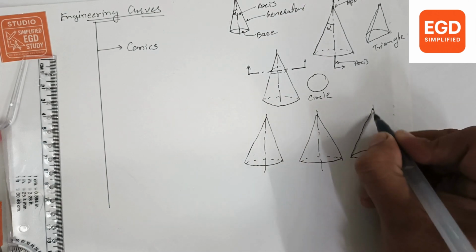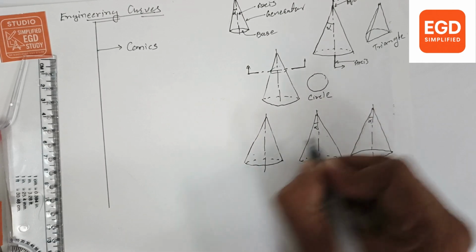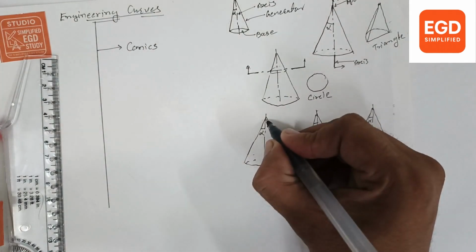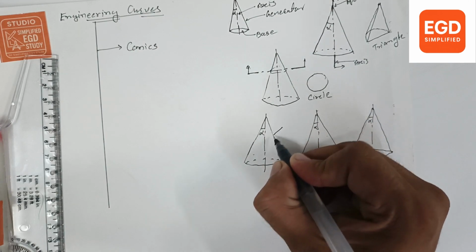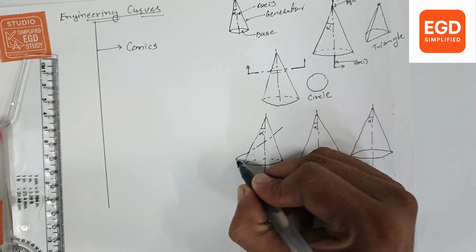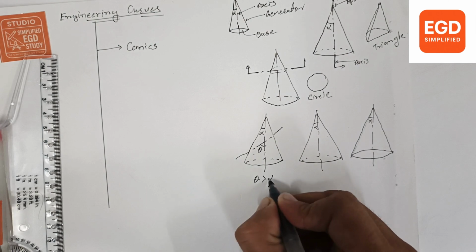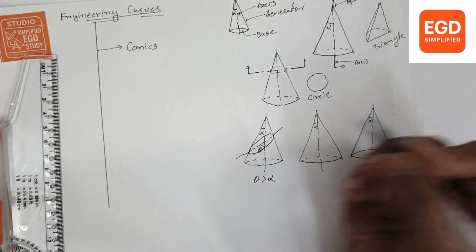The axis makes an angle of alpha. Now a cutting plane cuts this cone with an angle higher than alpha, meaning theta is greater than the alpha angle. So here the entity generated will be